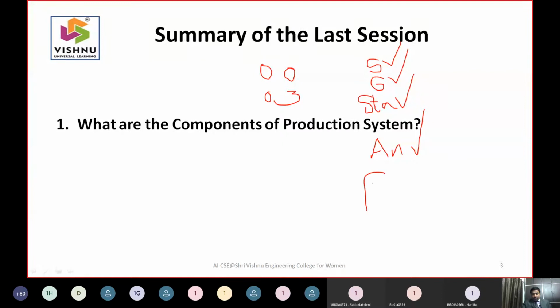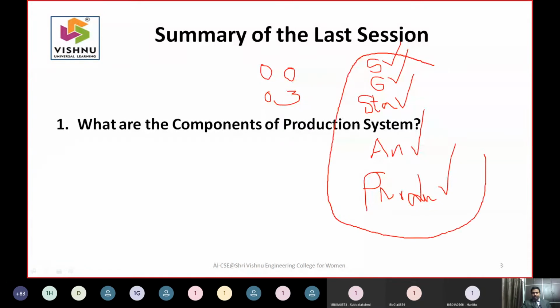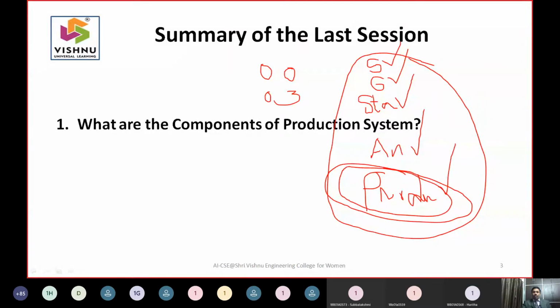Then you need to write productions. Almost 70% of the productions we have written yesterday. Then you need a control strategy, which can be an algorithm or classifier. So in general, a production system will have a starting state, a goal state, and represent the problem in terms of the state space. First we go for analysis, then write the productions. These productions are called rules. The same rules can be called knowledge. Once you get the knowledge, you apply the control strategy to move from one state to another.